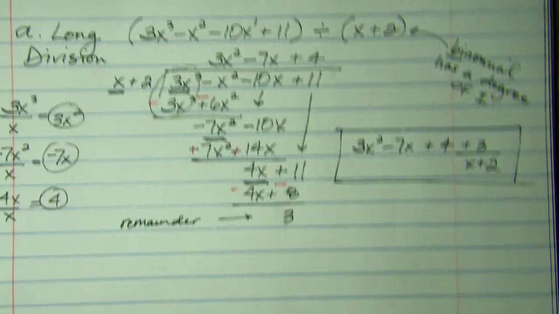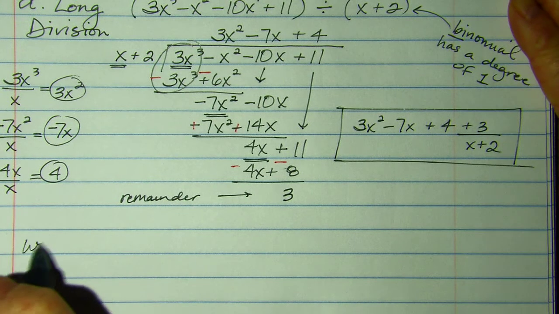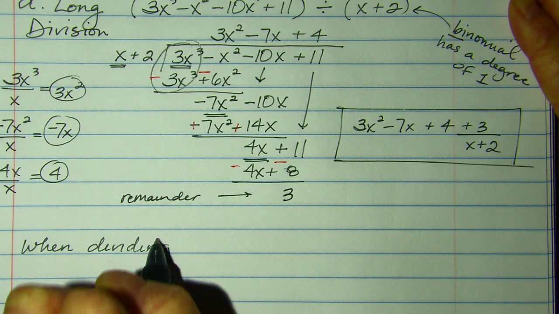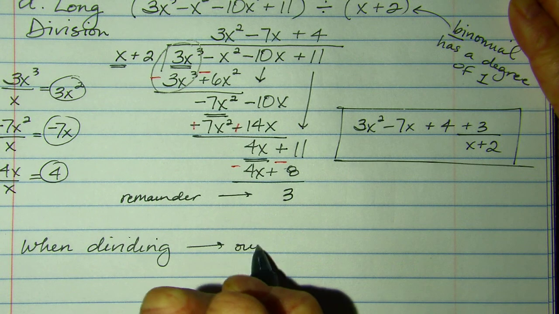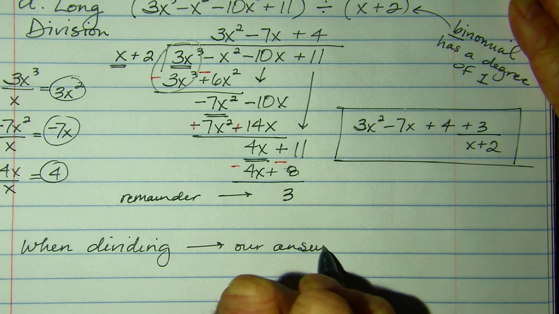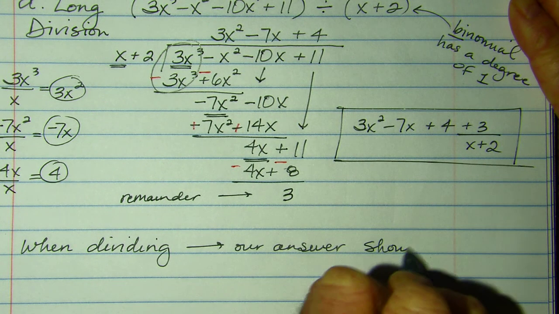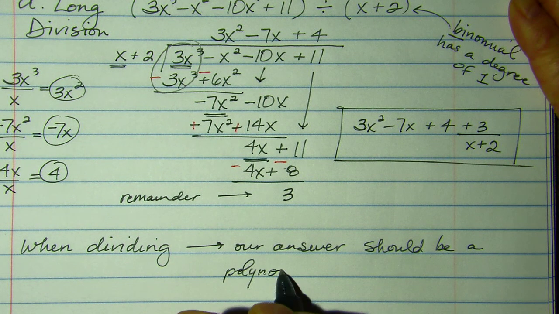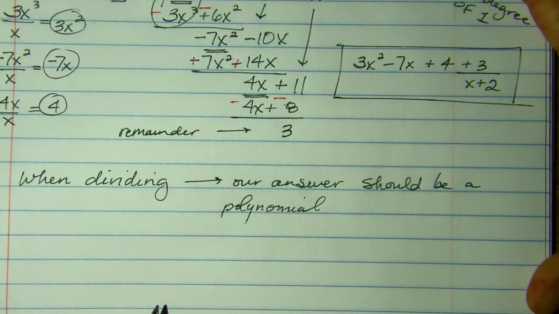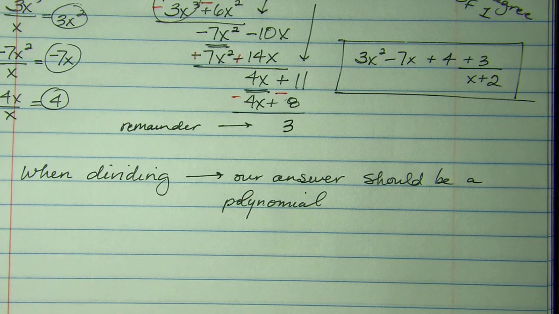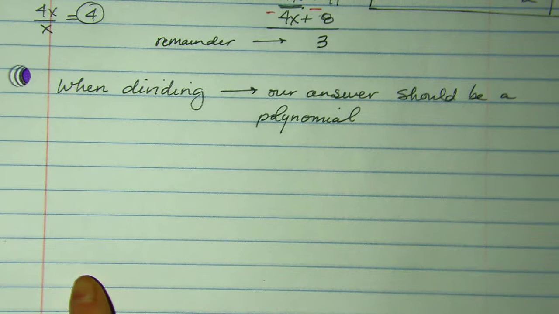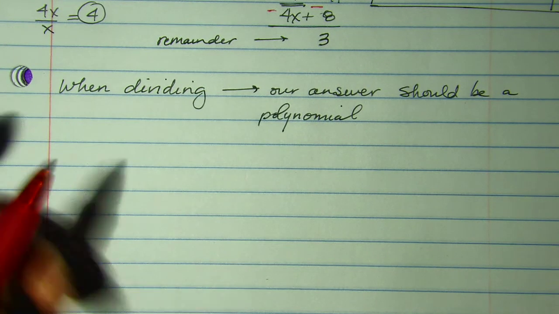So I want to clarify something. When we are dividing, our answer should be a polynomial. Okay, so when we're dividing, our answer should be written as a polynomial like this. So let's jump into